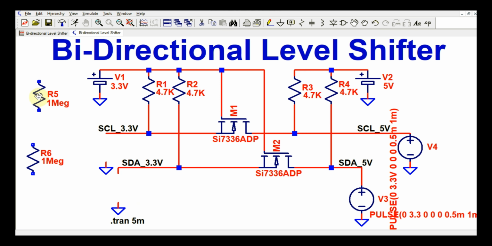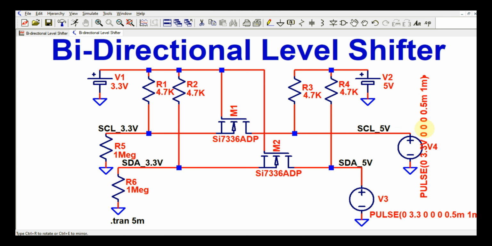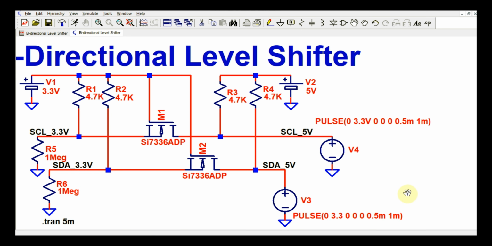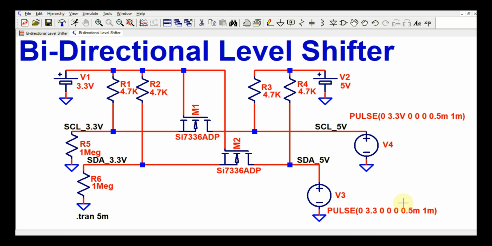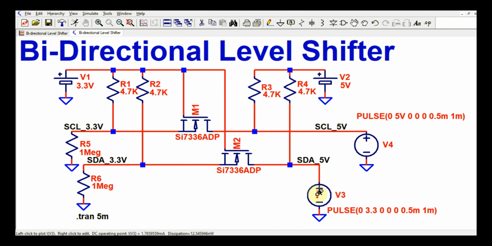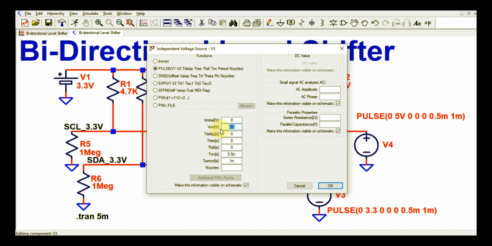Let me connect this resistor here. Let me rotate this. I just rotated this. Let me change the voltage level here. Instead of 3.3 volt I will take 5 volt.